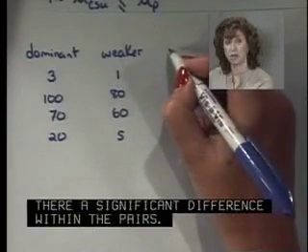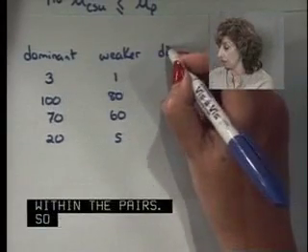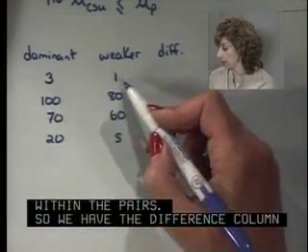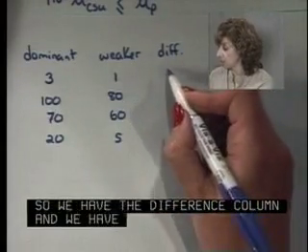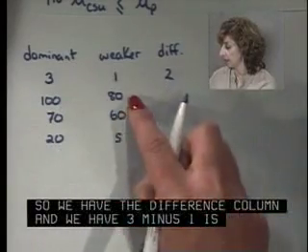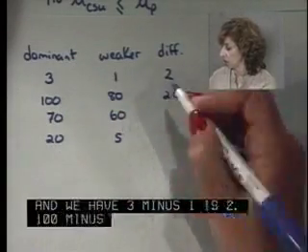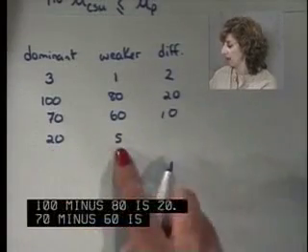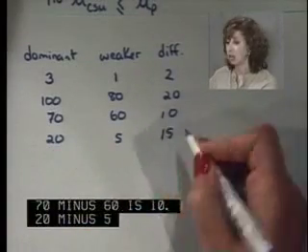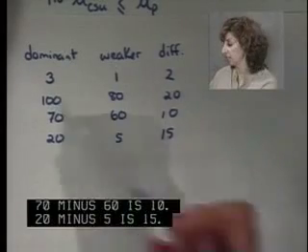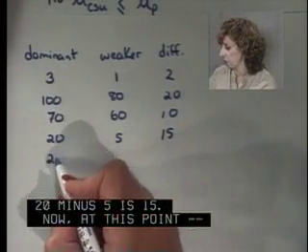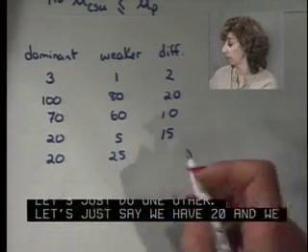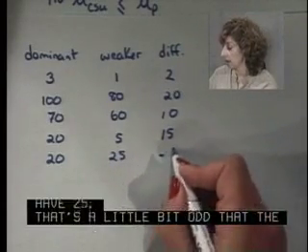So we have the difference column, and we have 3 minus 1 is 2, 100 minus 80 is 20, 70 minus 60 is 10, 20 minus 5 is 15. Now at this point, let's just do one other. Let's just say we have 20 and we have 25. It's a little bit odd that the weaker hand would be better than the dominant, but now when we subtract